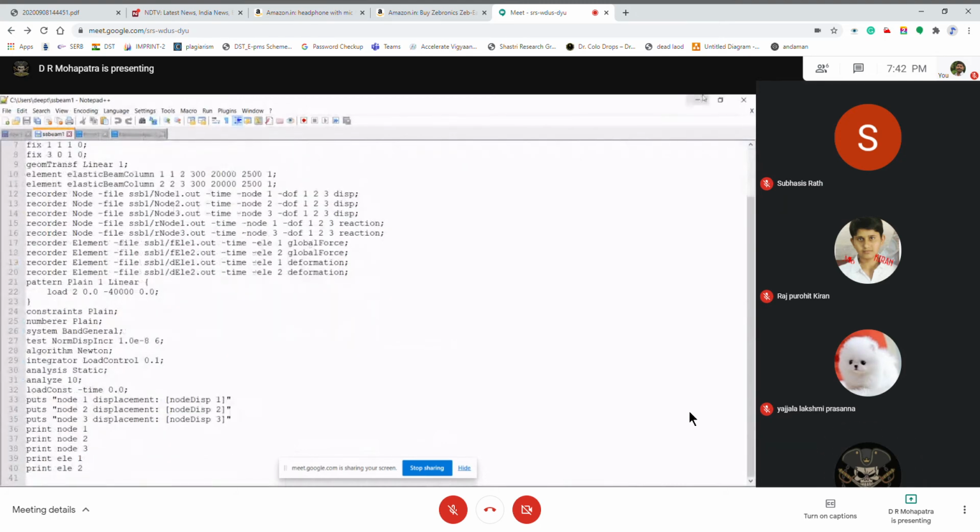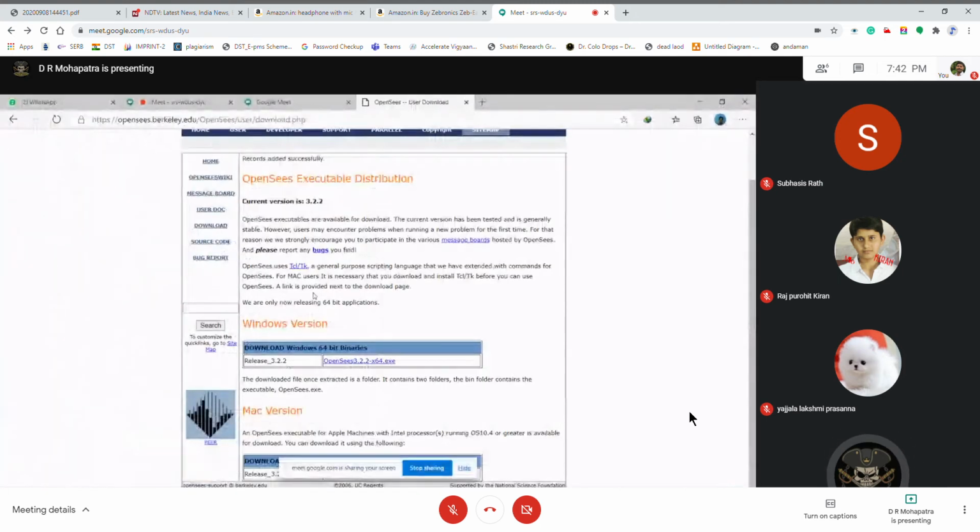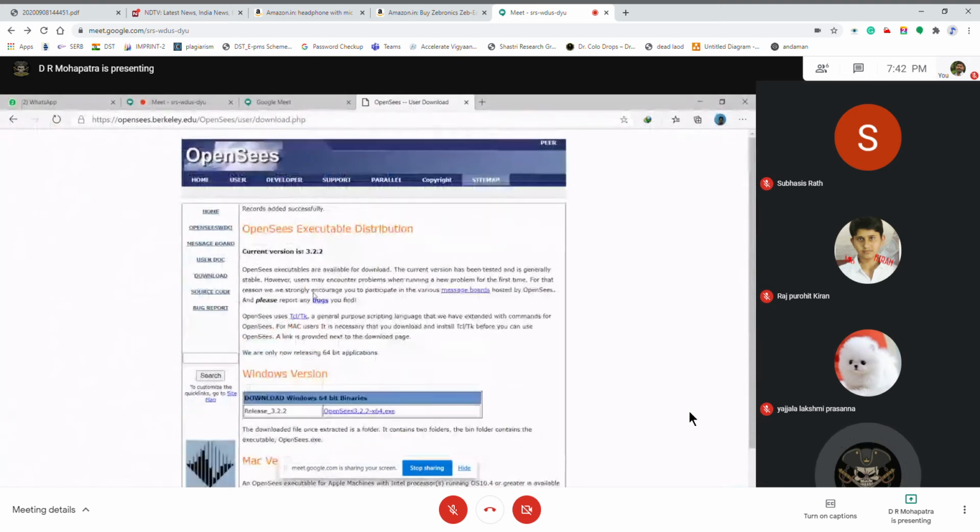Okay, so now I'm going to show how to normally use the OpenSees software. First of all, OpenSees is free, open source software, so anybody can access it, and it runs on the TCL language.